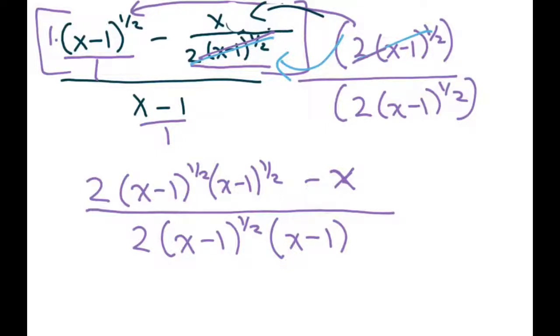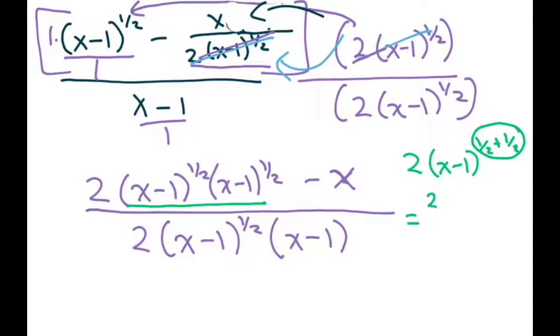Now if you look at this piece right here, that's just going to be 2 times (x minus 1) to the 1/2 plus 1/2, using your product property. So when you look at that right there, it just equals 1. So what we have in the numerator basically is 2 times (x minus 1) to the first power, and I don't have to write that, minus x. Now in the denominator we can do the same thing. I can write this as 2 times (x minus 1) to the 1/2 plus 1,